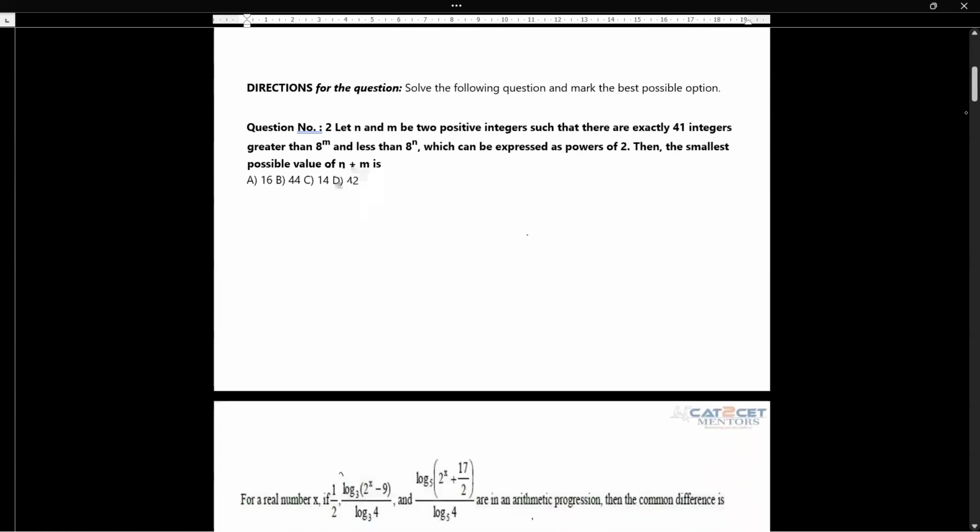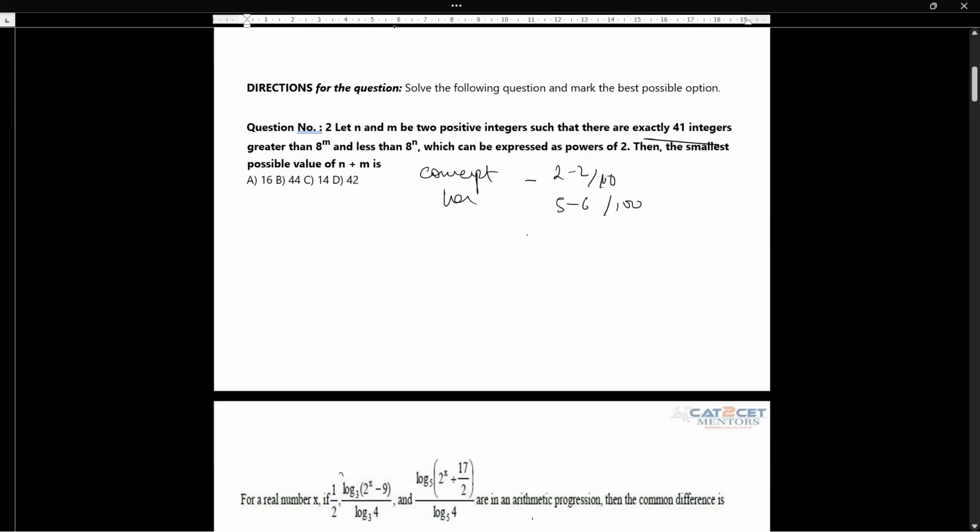Now the second question. I have sequenced my order of the questions. In the paper, you also have to do that. You have to search for the questions. It is not necessary that these questions will be in order. You have to search for them. But this question was just after that. Now this question, concept wise, on a rating of 10, it's around 2 to 3, but language wise, it's 5 to 6. So when you comprehend the language, there is nothing to do in the question.